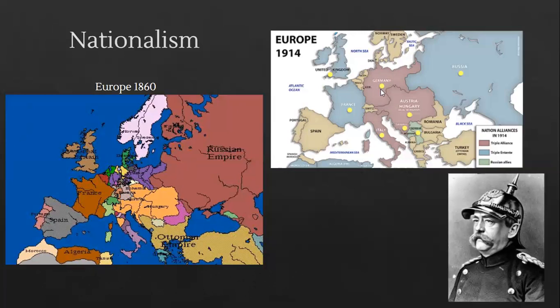Anyway, so Germany, after it was unified, he wanted to protect Germany from France, but also from any other nation. And so he organized a big string of alliances to kind of put everyone in check so that there wouldn't be any war. And so Germany signed and became allied with Austria-Hungary and also down here with Italy. He also would sign agreements with Russia and with Britain. He made this big spider web of alliances to keep everyone connected so no one would go to war with each other.